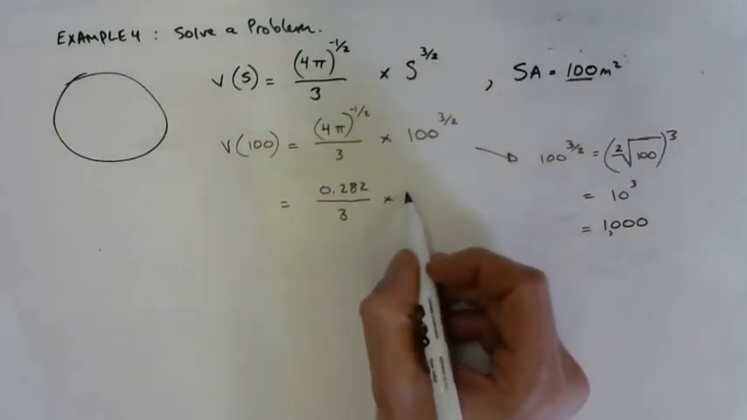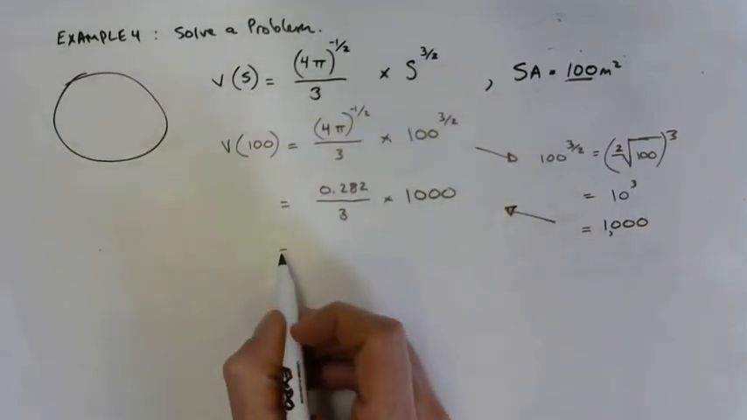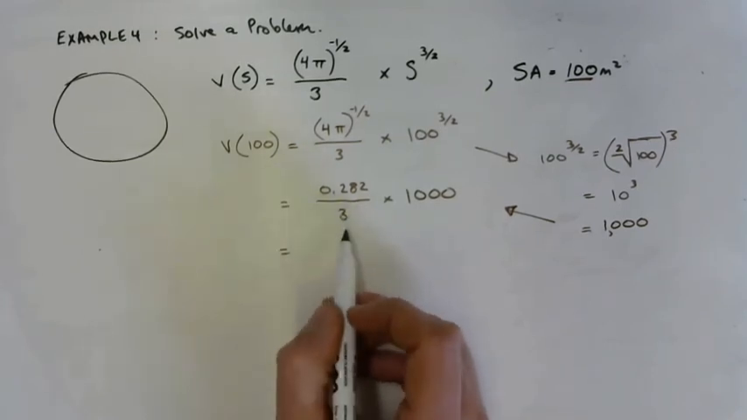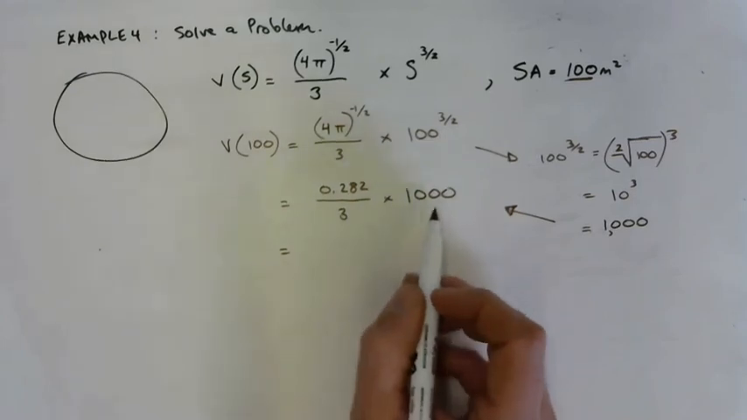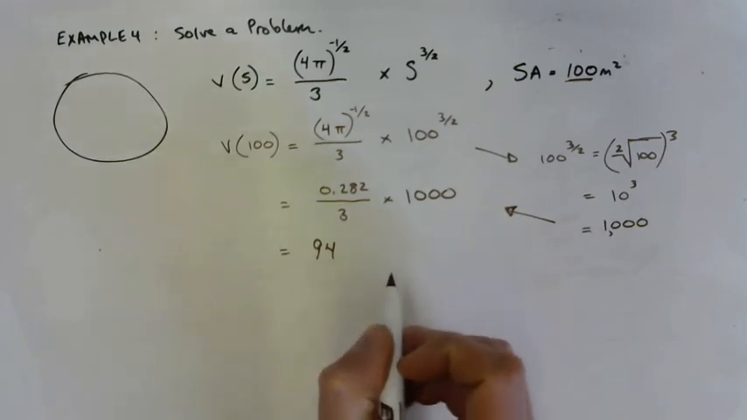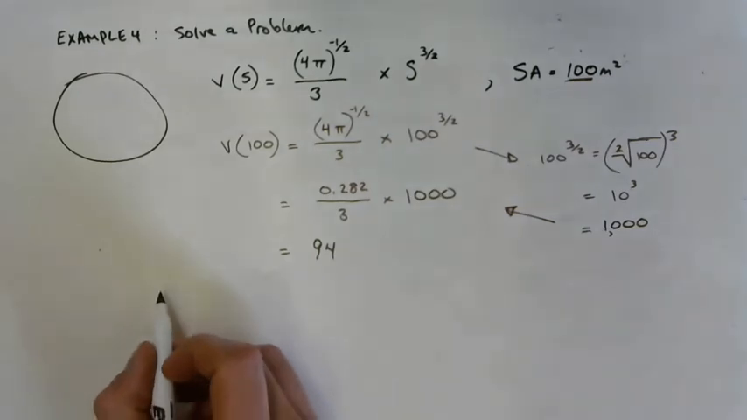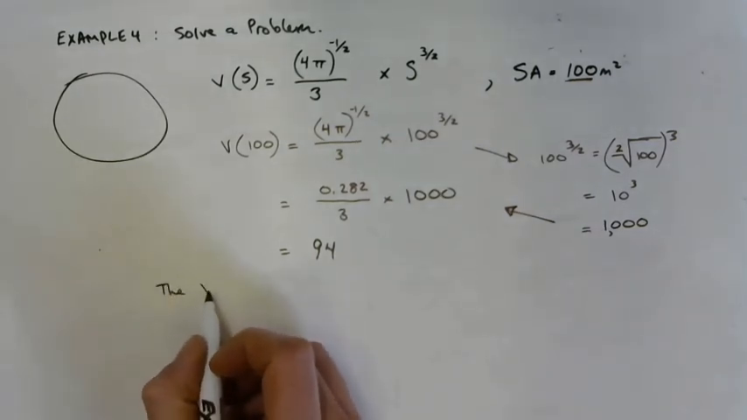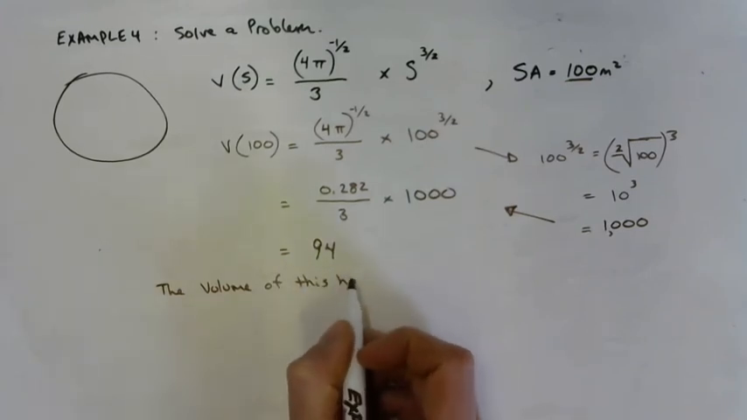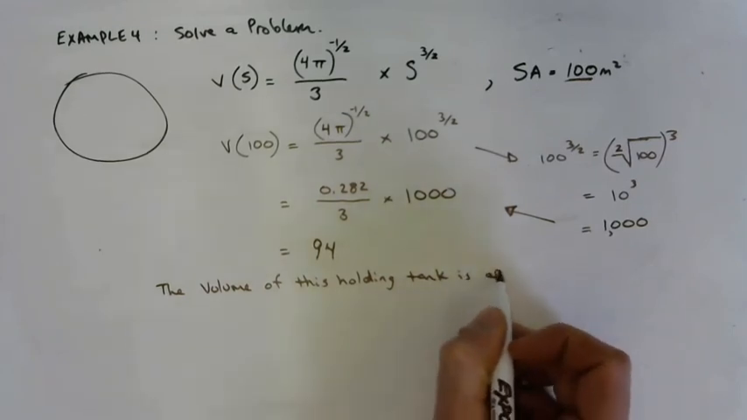Okay, so I can plug that back in here. 1,000, right? And now I use my calculator in whatever order I want. I go 0.282 divided by 3, enter, times 1,000, enter, which equals 94. So the volume of this holding tank is approximately